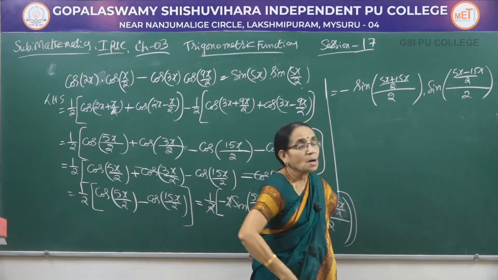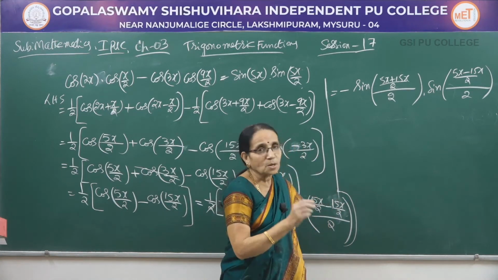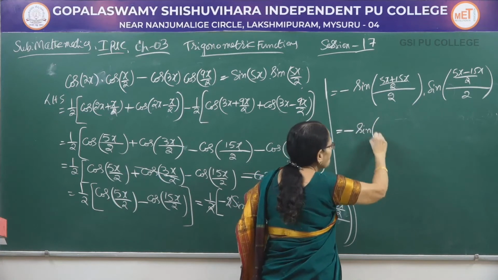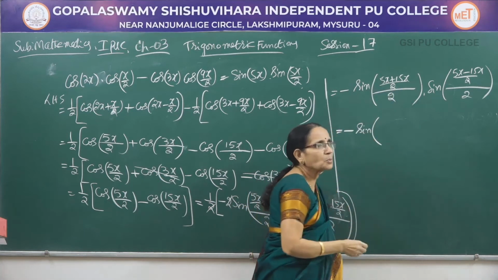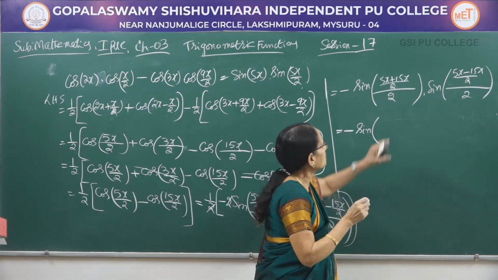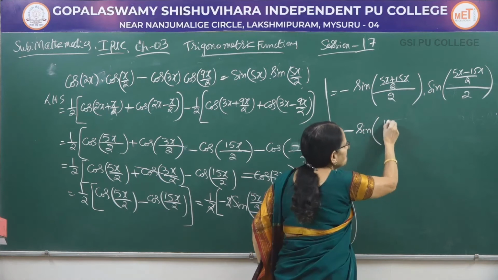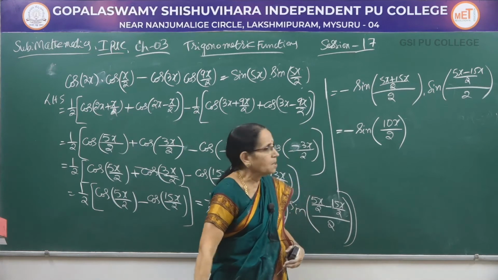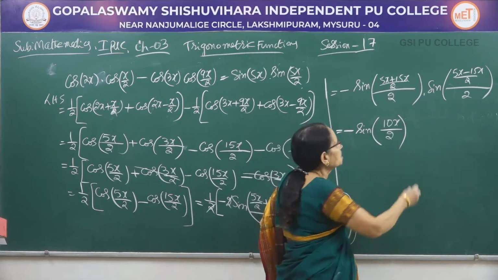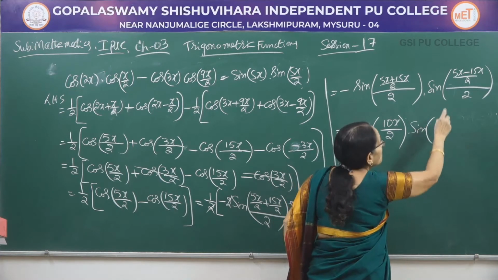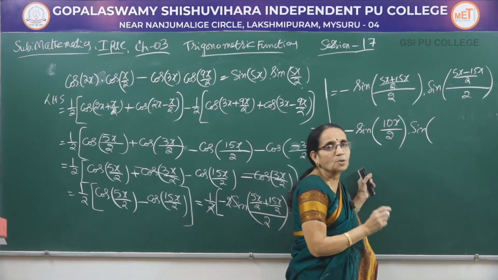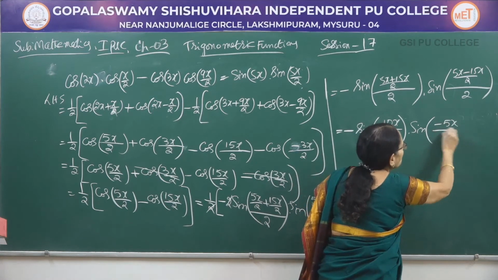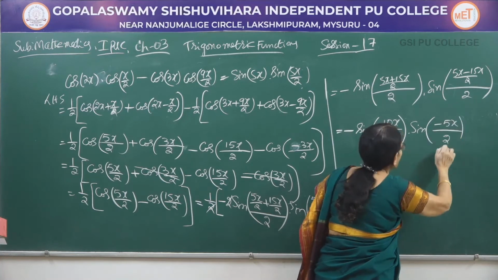Be careful about the arithmetical calculation, especially when you are dividing a fraction by another fraction. Minus sin of 15 plus 5, how much is that? 20x, 20 divided by 2, that is 10x. And this too I am writing. So only the numerator I had simplified and written this too as it is. Similarly, it is sin of 5x minus 15. What is 5 minus 15? Minus 10. Divided by 2 is minus 5x, and divided by this too I am writing here.